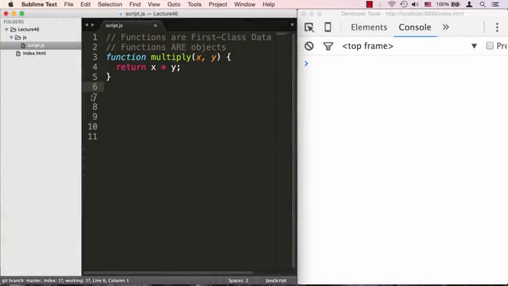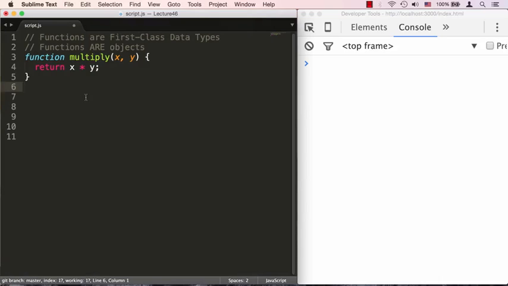Okay, so now that we spoke about objects, it's time to speak about what functions really are underneath in JavaScript. I'm located in script.js, and that is sitting inside the lecture 46 folder. Let me close the file browser here, and let's take a look at a very simple function. Here, function multiply, and it takes two arguments, x and y, and it returns just the multiplication of x and